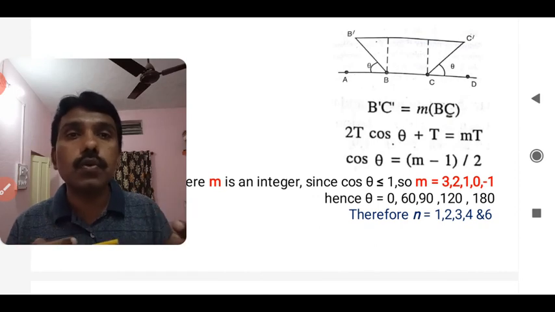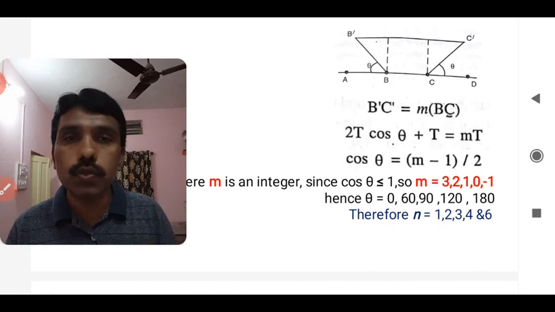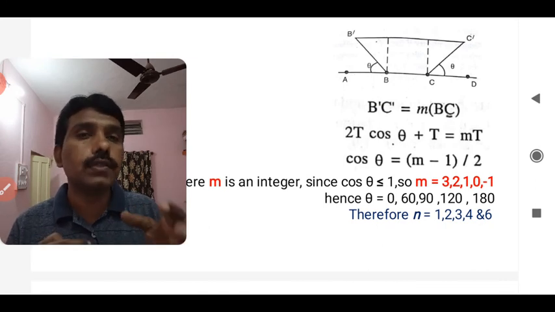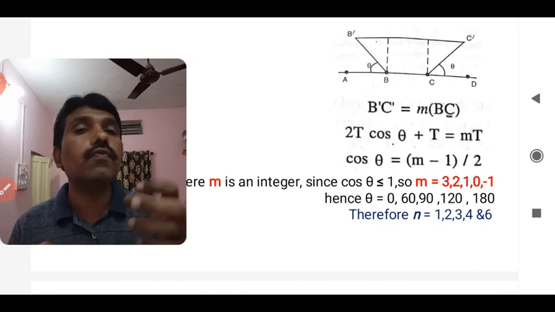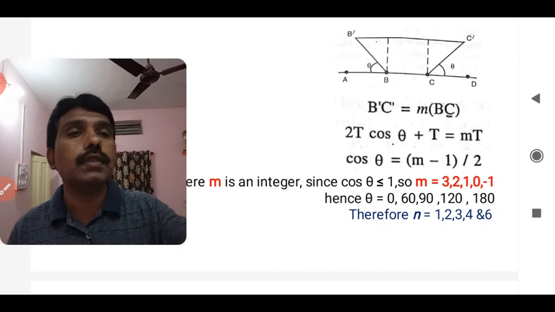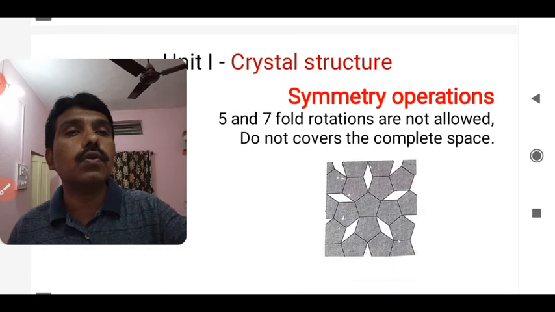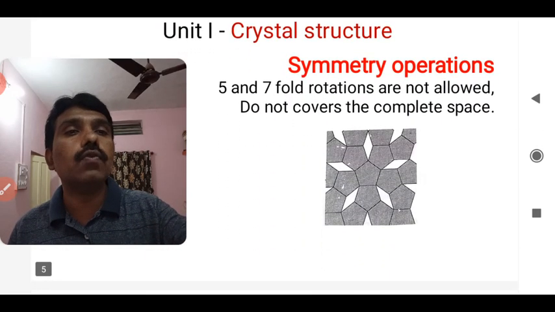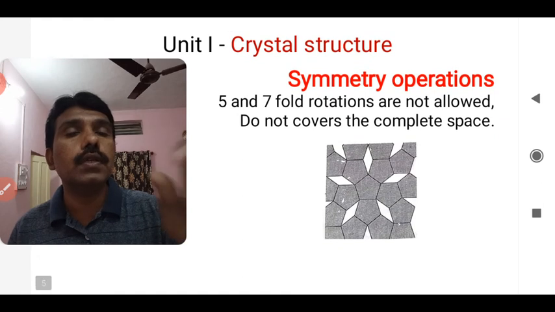And how is it possible? Cos theta can never be 2, and that's why this fold of operation is impossible. So this is the simple case: from a mathematical point of view, the 5-fold operations are not going to be possible in this case. So again, this is mathematically, but physically what happens for such types of 5